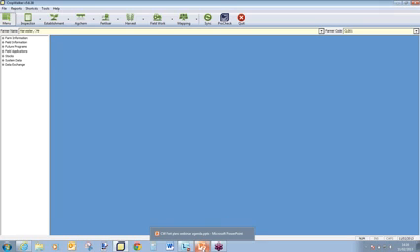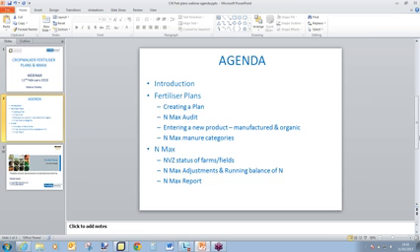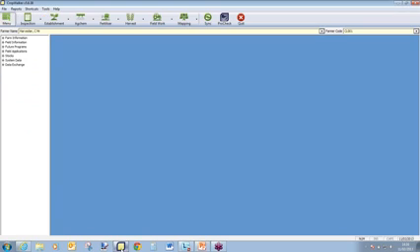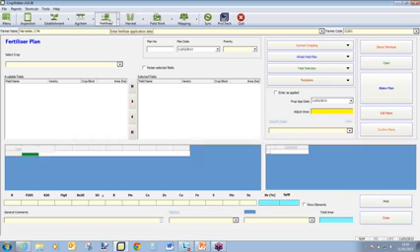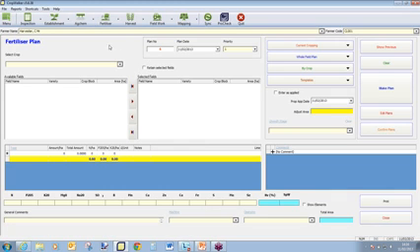Okay, so if I just close out of there now and go back, that's most of everything that I wanted to cover for fertiliser plans. I'm just going to show you a couple more handy areas of this part of CropWalker that will help you out when making future plans. So before I stop for questions, if I just go back to CropWalker and back into the fertiliser plan screen,